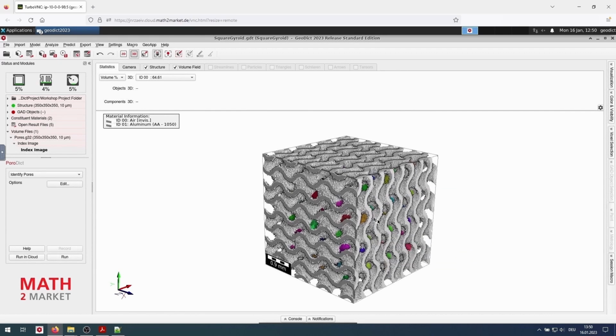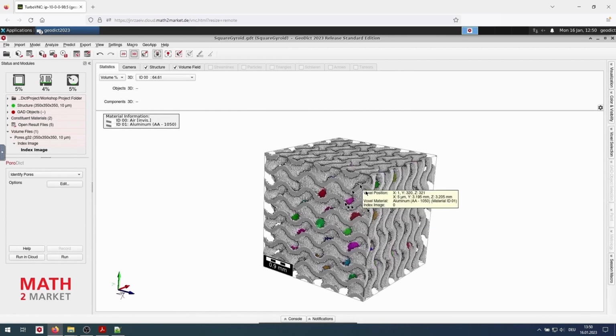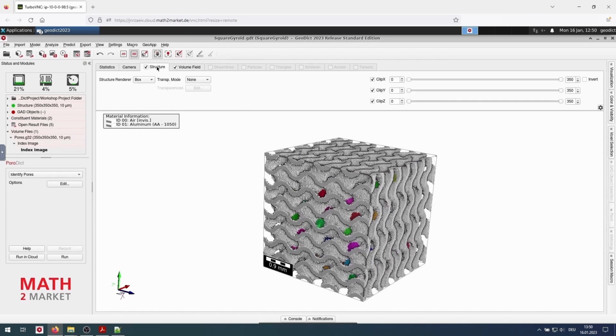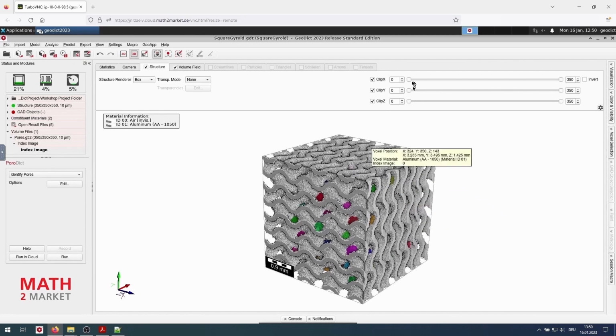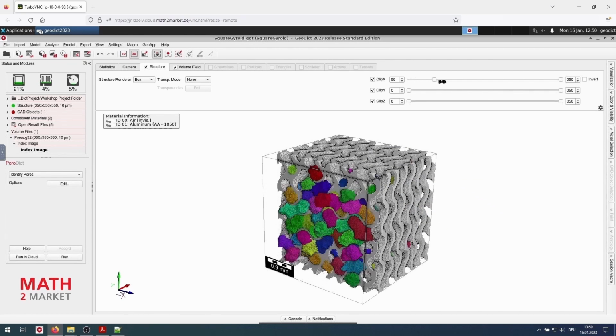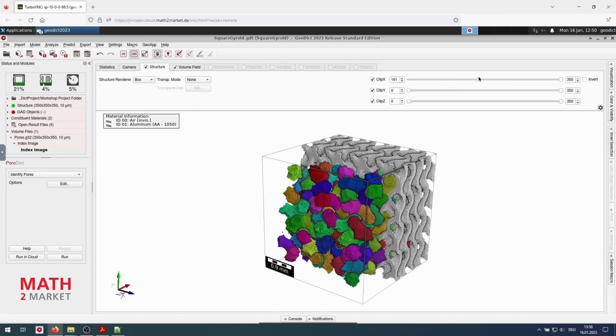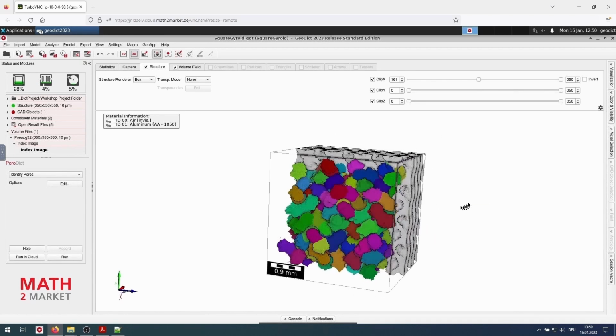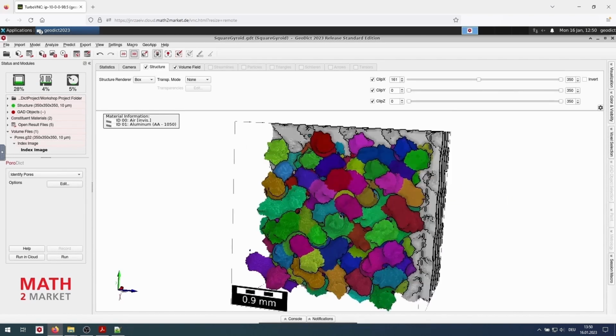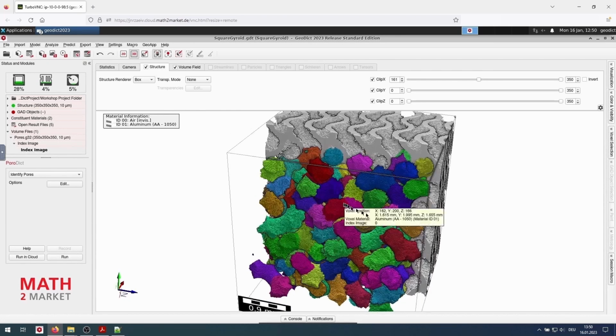And now we can see the identified pores inside of the structure. For better understanding, we can go to the Structure tab and clip through the structure. By moving the sliders for the X, Y, and Z direction, the structure is clipped and we can observe the identified pores.